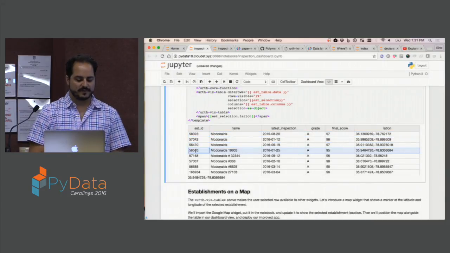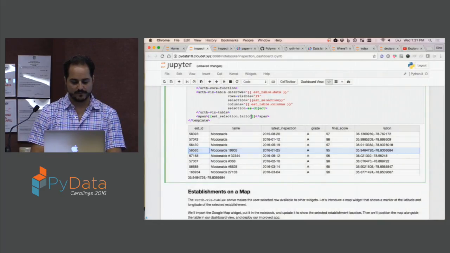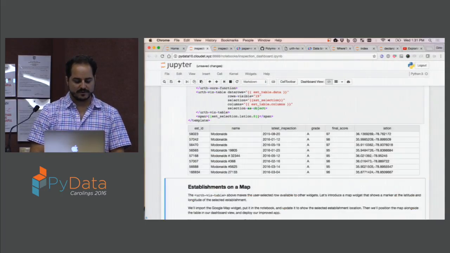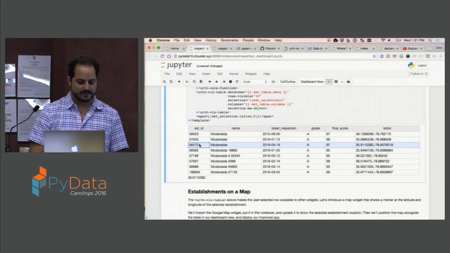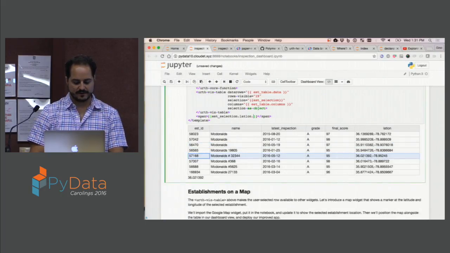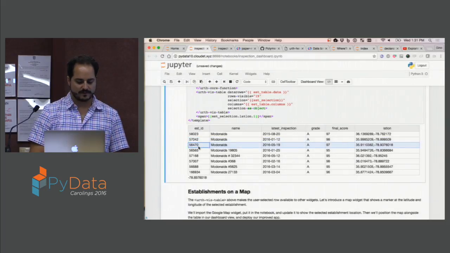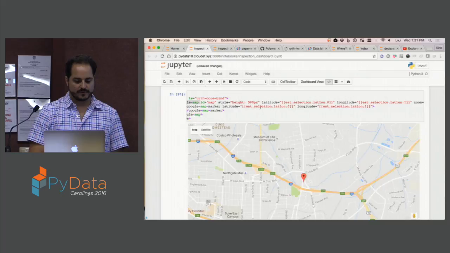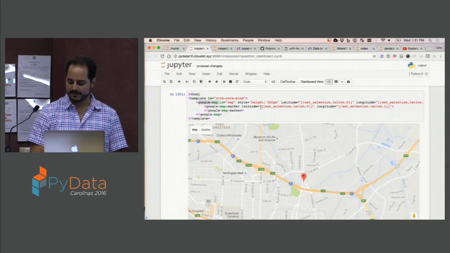Now, lat long happens to be an array in that data set. So the way you do this, and this is actually part of the Polymer syntactical data binding syntax, you go into arrays using the dot notation. So that's how you get to the first part, which is the lat, and if I do the 1, then you see the long, the 2 of that. And that's basically how we're tying the map to the table. All right, so